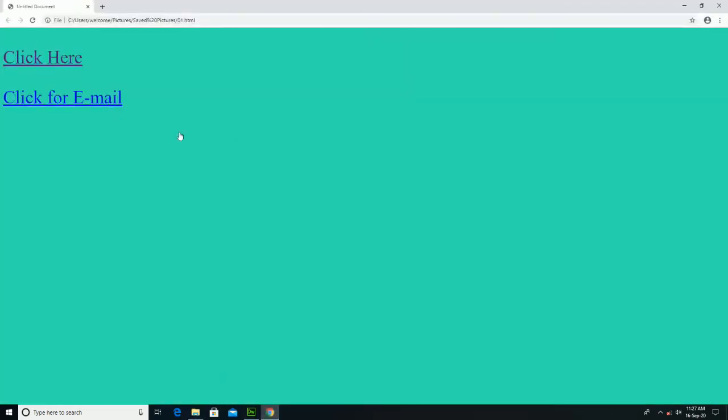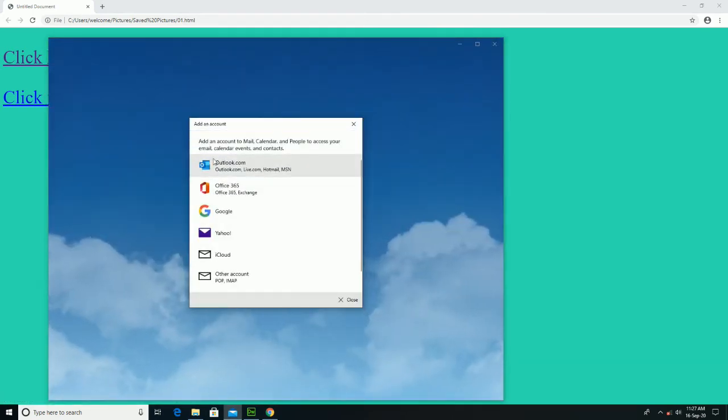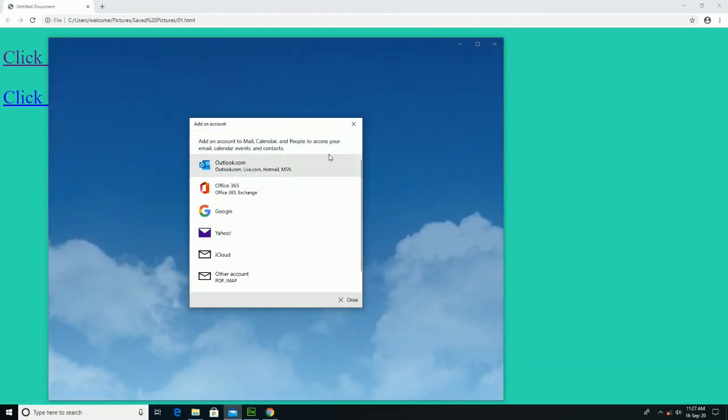So now here you can see, clicking on the text, click for email, directly the email box is opened.